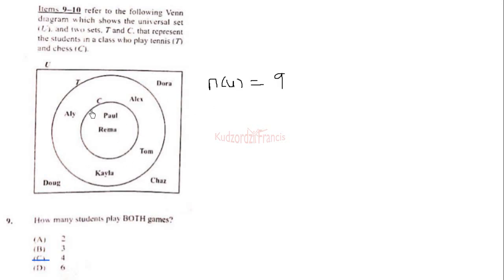Then the number who play only tennis will be equal to 1, 2, 3, 4, 5, 6, which is 6. And the number who play only chess will be equal to